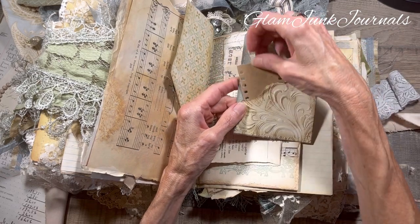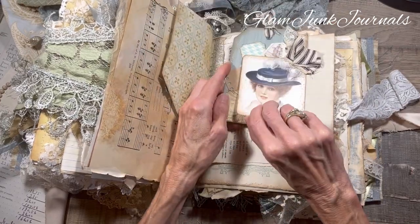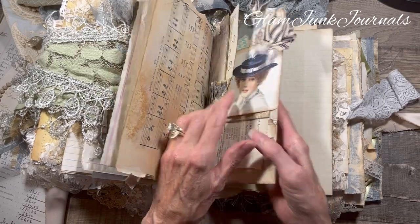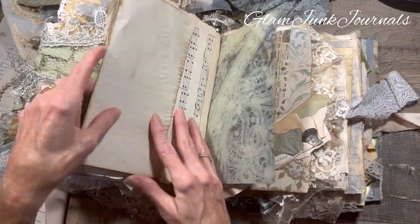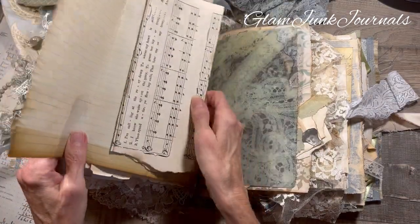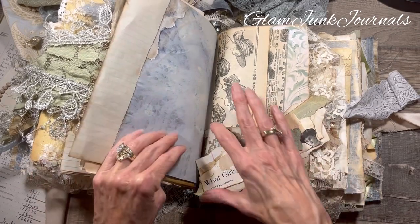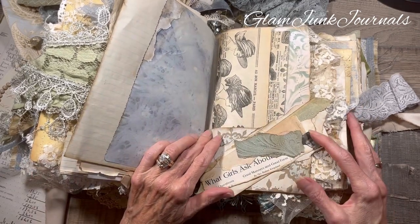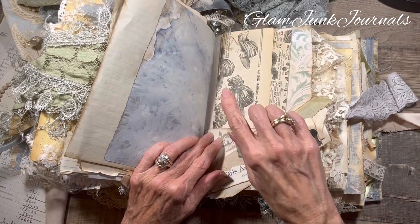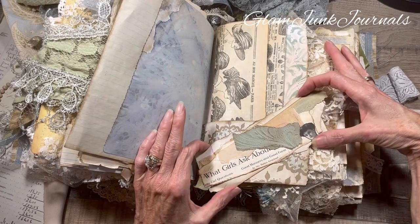and added some ticking and a large card on there that has 2 pockets, and I stuck some little bits of ephemera on the inside of that, and some more vintage magazine pages there. I've got a fold out here for writing and some vintage music, more of my stained paper, and here is a pocket along the bottom there with some more vintage magazine ephemera,